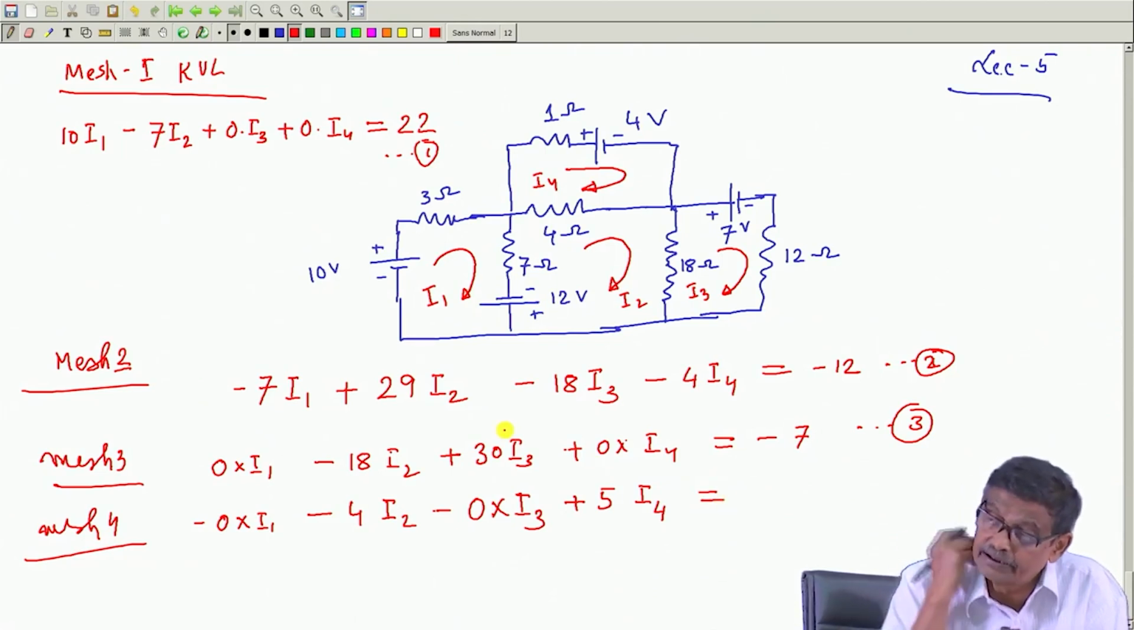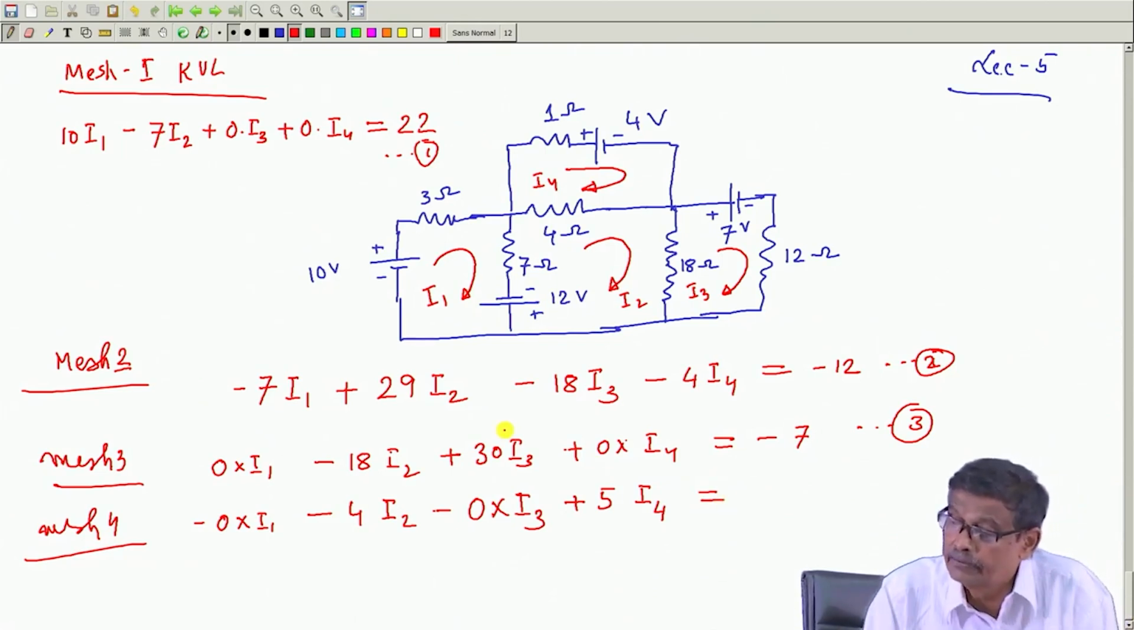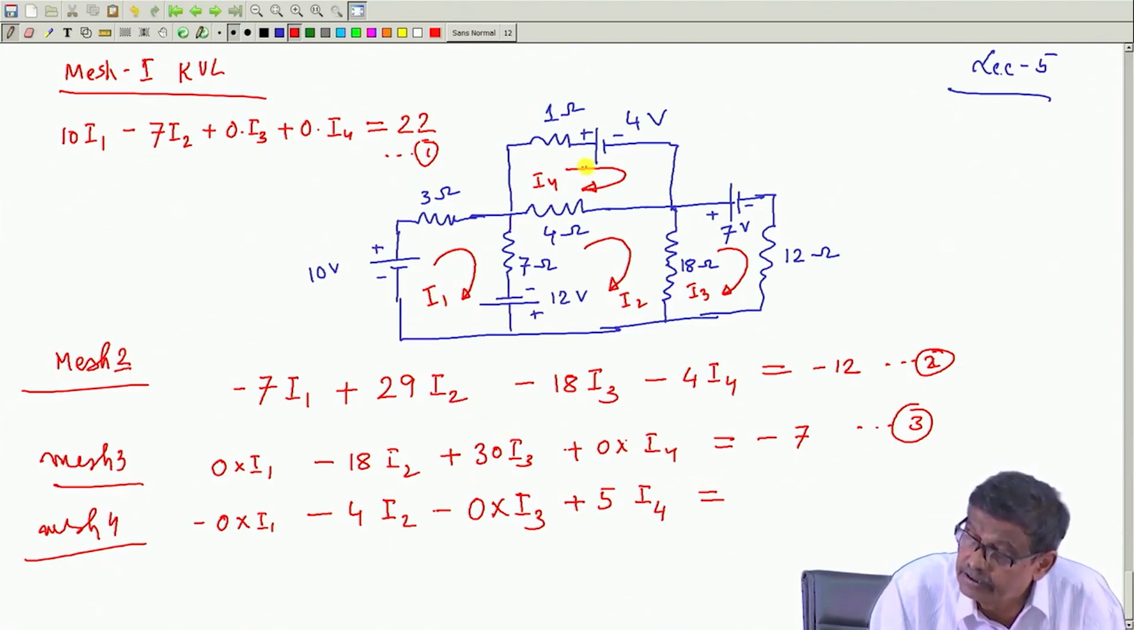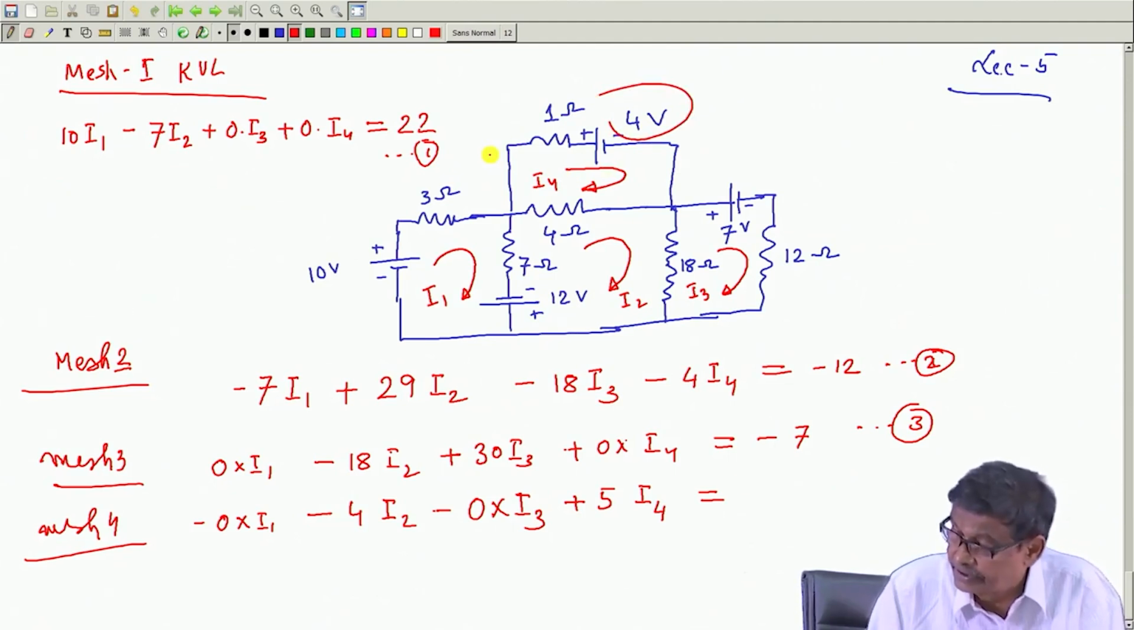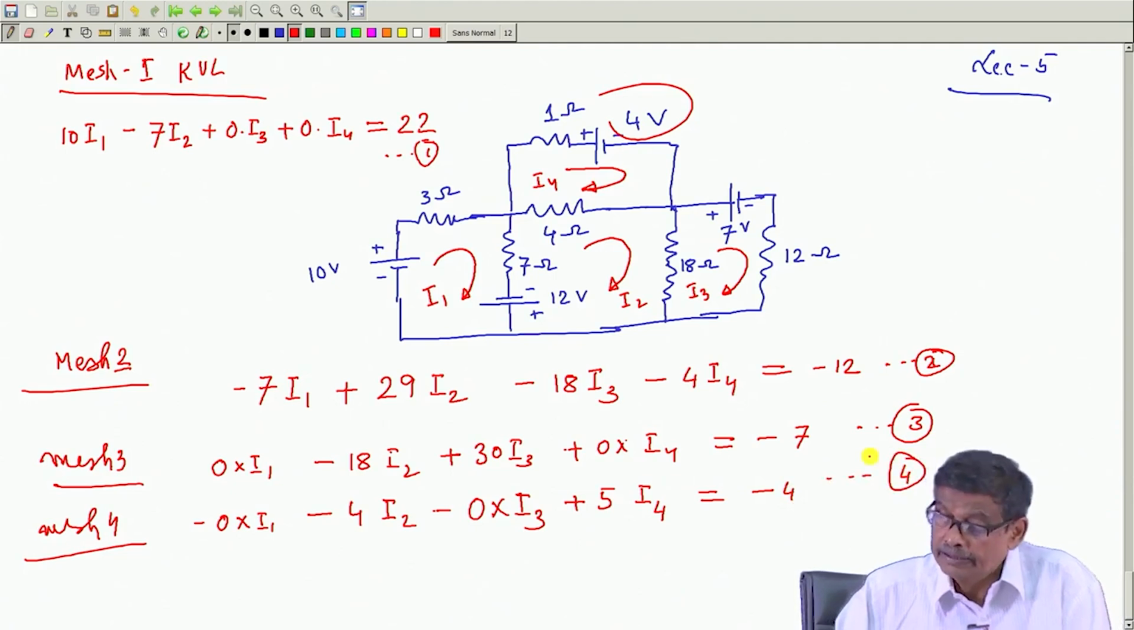So, all the mesh current drops have been taken into account. On the right hand side, sources. In mesh 4, the source is this 4 volt and its direction is opposite to this current direction arrow. So, it should be minus 4. This is the 4th equation. These 4 equations are independent equations, independent algebraic equations,